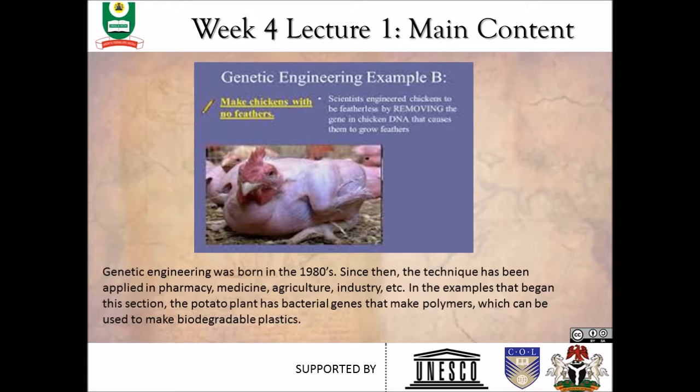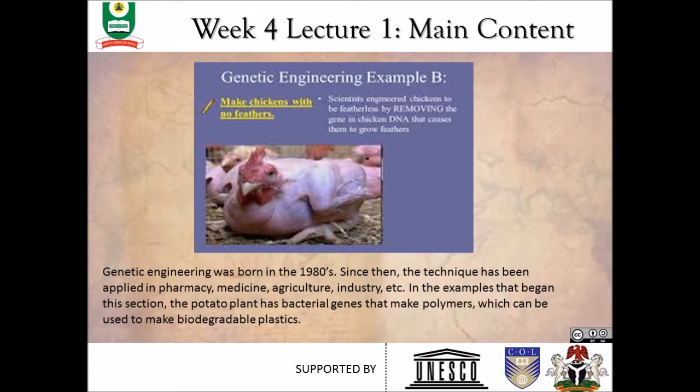Let us continue from where we stopped. We were discussing the application of genetic engineering technique to solving practical human problems. In pharmaceuticals, some of the medically important proteins are now being produced through this process. Some of them include human insulin for the treatment of diabetics, human interferon, a rare protein that increases human resistance to viral infection, and tissue plasminogen activator. It is a protein produced by the body in minute amounts that causes blood clots to dissolve. Its effectiveness in preventing heart attack and stroke is being studied.